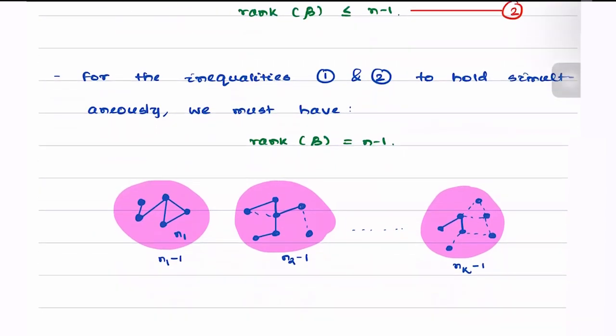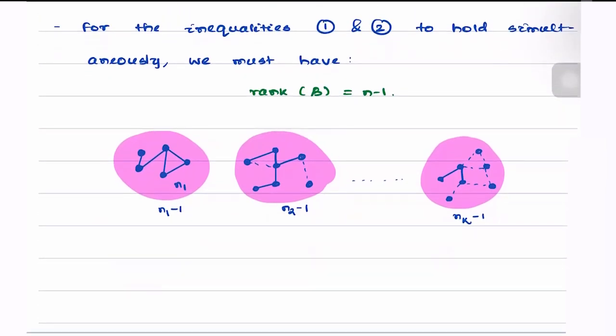Putting all of this together, the rank of the overall matrix would simply be given by the summation of n1 adding up to nk, minus 1 keeps on getting added up, and the ncc number of times 1 will occur, so it is minus ncc, and all of the nodes put together is simply n. So the rank is n minus ncc. This is the rank of the incidence matrix for a general case.